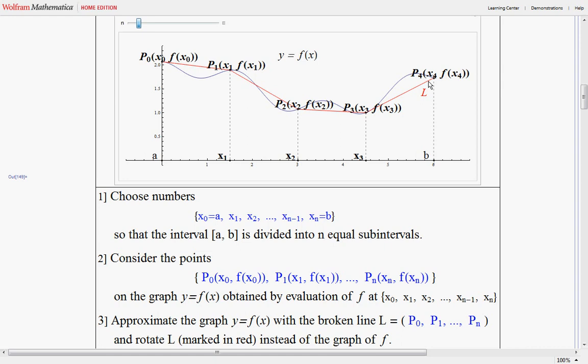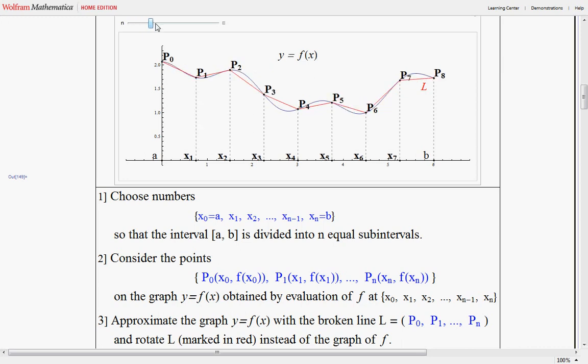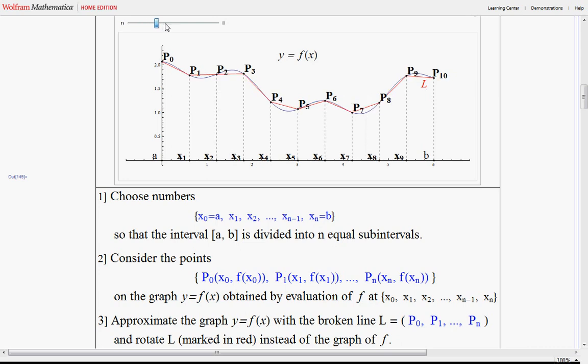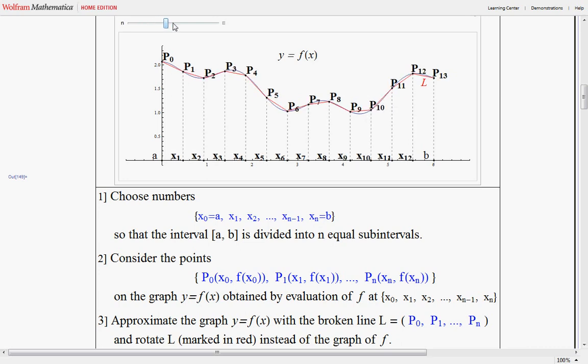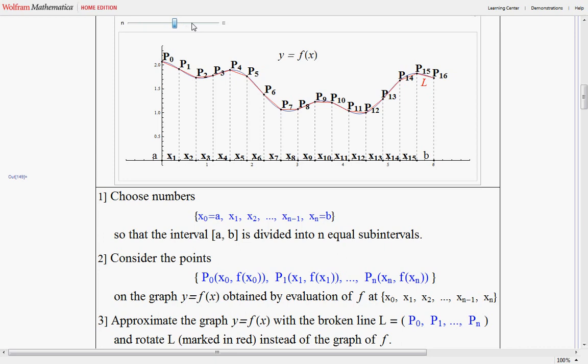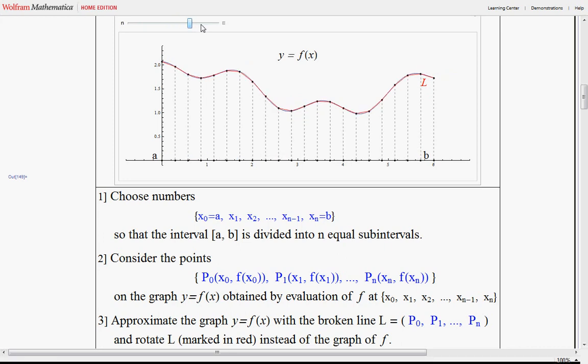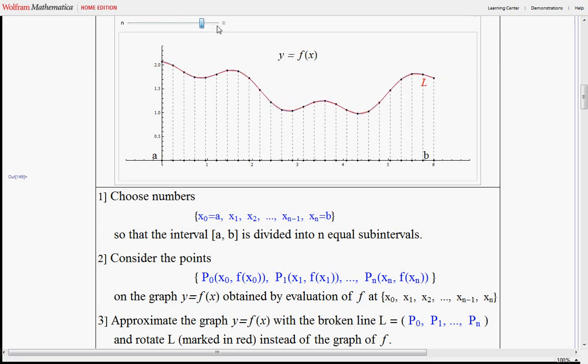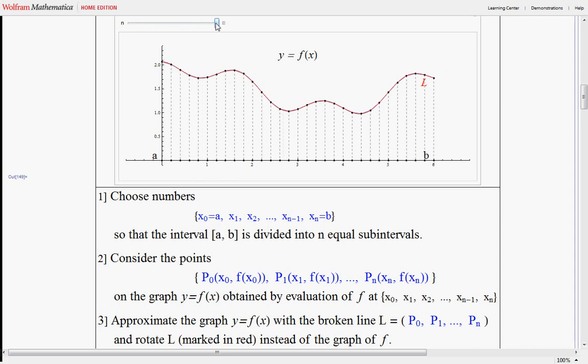We drew that line in red color. It's clear that as we increase the number of the dividing points, the broken line approximates the original graph of the function better and better. And we can see that clearly graphically here, as the number of points inside the interval increases, so does the accuracy of the approximations. And finally, at a certain point, the red line is indistinguishable from the graph of our